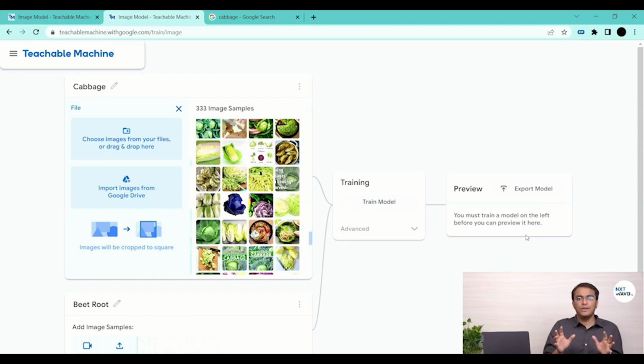You have understood two broad ways: one is how to quickly create a model using the webcam feature here, and the second is how to create really interesting models. Now this is where I am really excited. You guys might be really